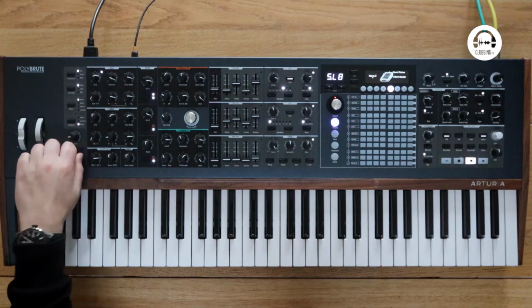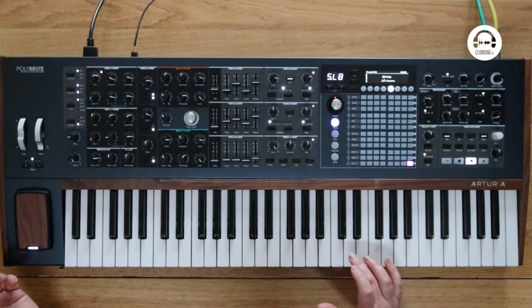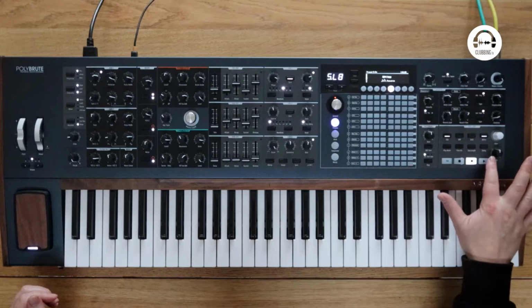So as we move from left to right on the Morphe knob, we're doing this effectively. When we push it down, it sounds like it's increasing the release or something. Yeah, so when we play the sequence,